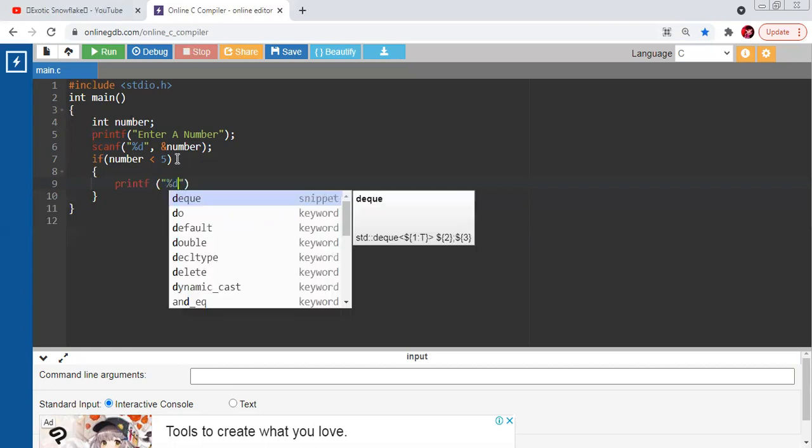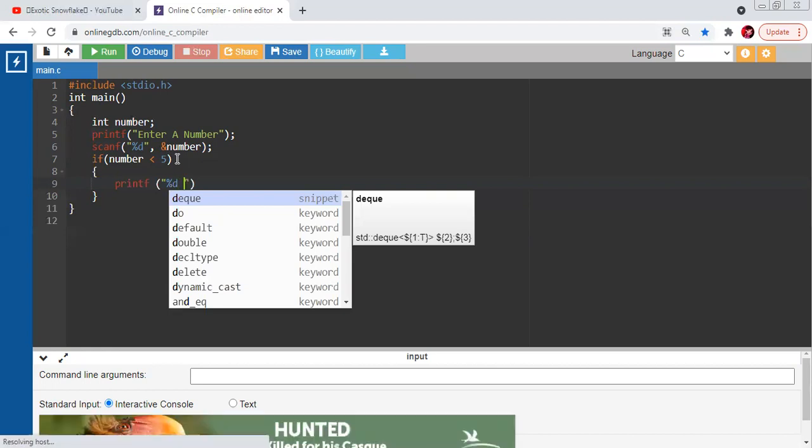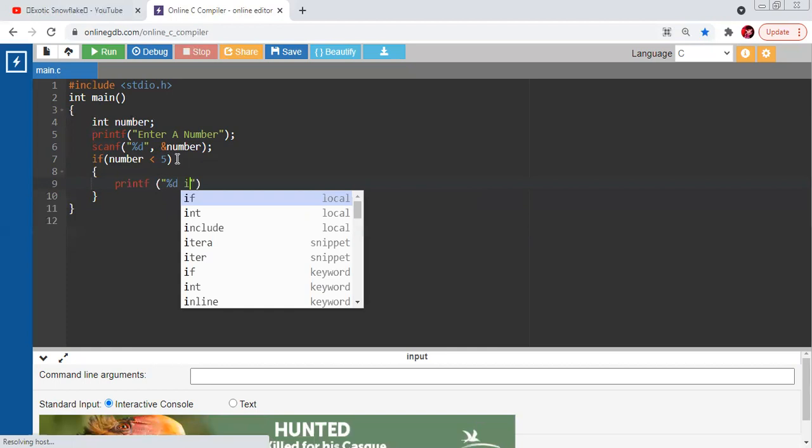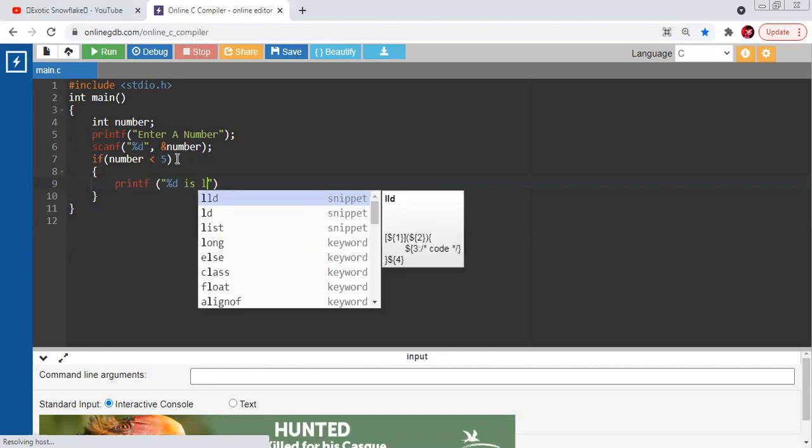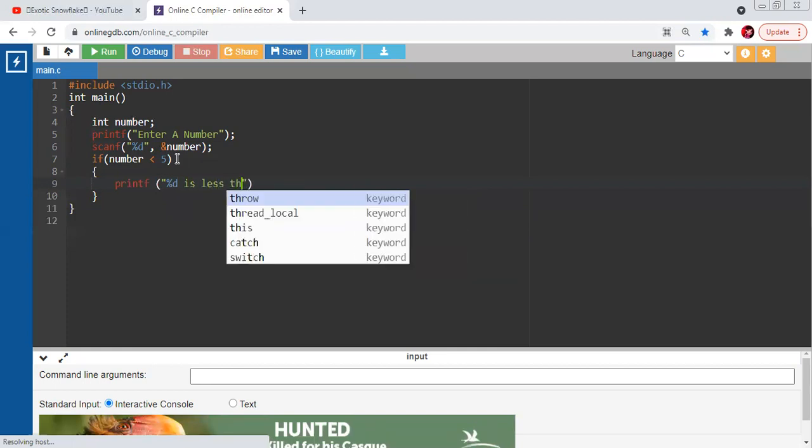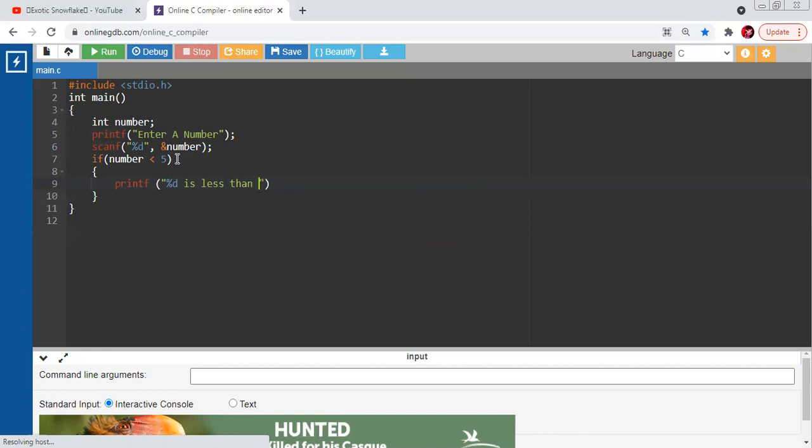Percent d means it will show the number. So percent d, which is the number, is less than 5 or any message that you want, and then close this, and also right before the bracket put a comma and put number,